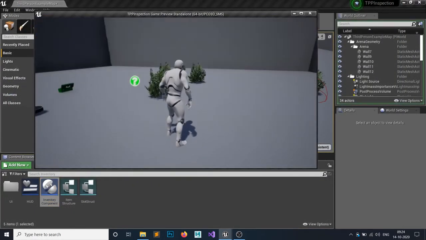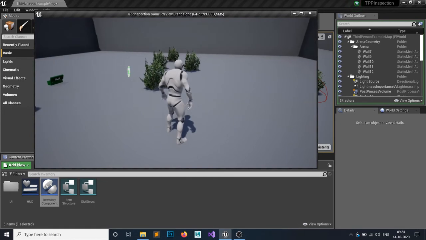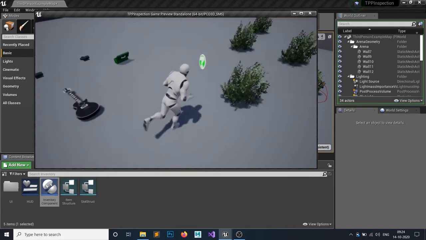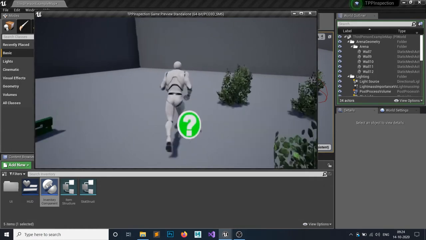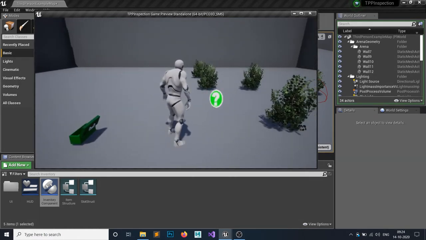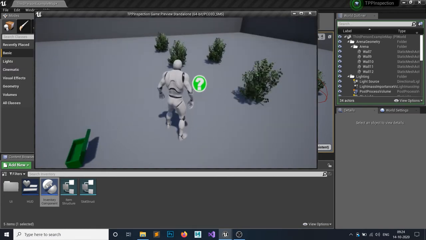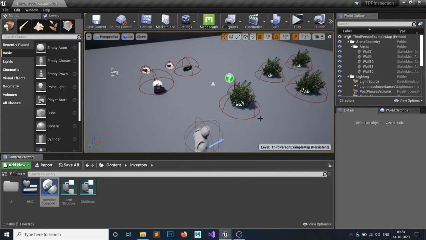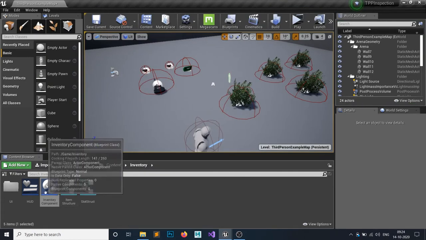Right now my game is moving. You can see the player is animating. If I hit tab, the player stops animating because it's paused, and we have opened our inventory. If I hit tab again, you can see the player is animating again. You can also check this with the little swirling effect of this question mark. It is animating. If I hit tab, it stops because the game is paused, so nothing is happening, and if I hit it again, it resumes. So these are the two things. First was the camera issue we fixed, and second is this pause effect.